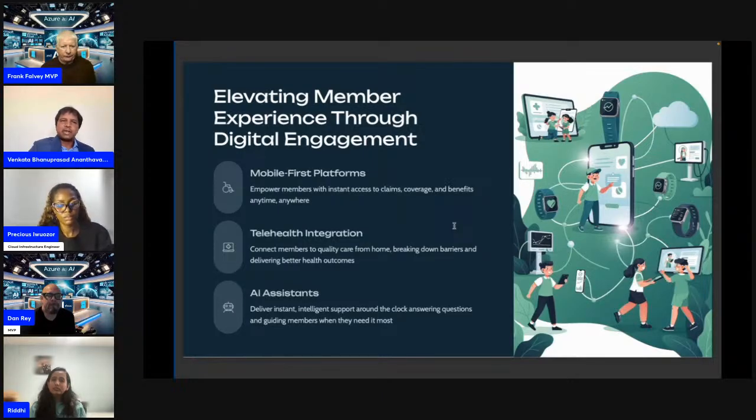AI assistants deliver intelligent support around the clock, answering questions and guiding members. They can choose the plan based upon their diagnosis and requirements, and see what benefits they are getting in the combination of plans. So the AI is helping with anything.